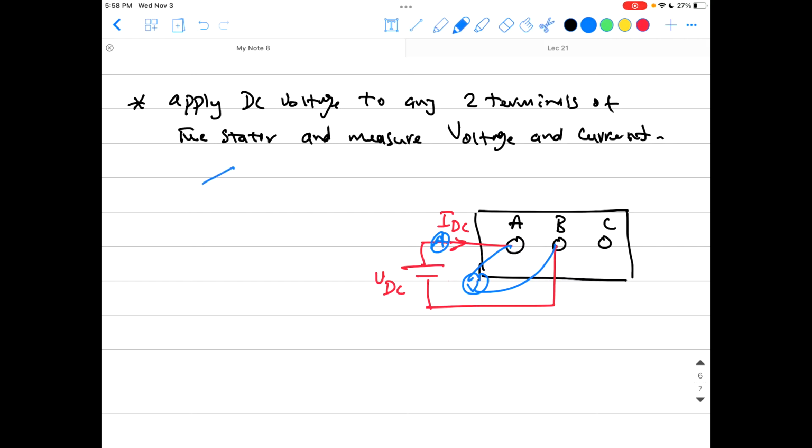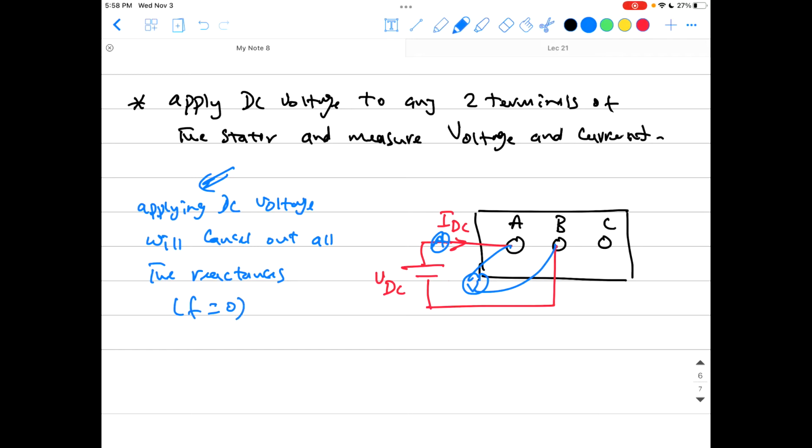So the whole point is that applying DC voltage will cancel out all the reactances, okay, because the frequency will equal 0, and you know all the reactances, all the X's equal 2 pi FL. So with the frequency equal to 0, this X,